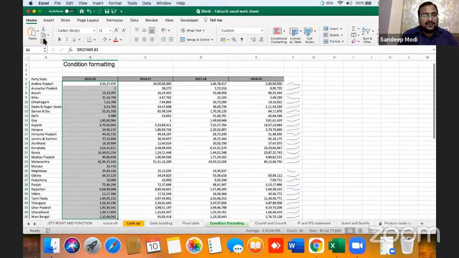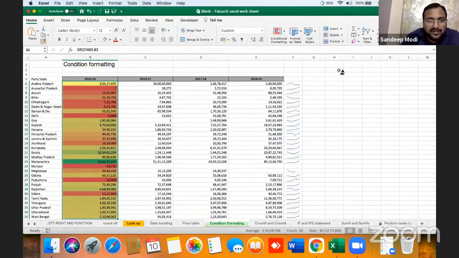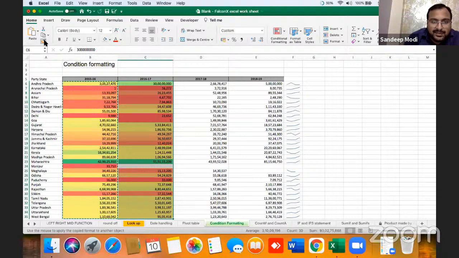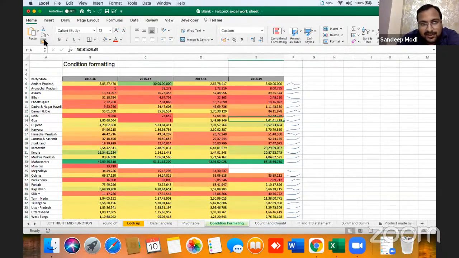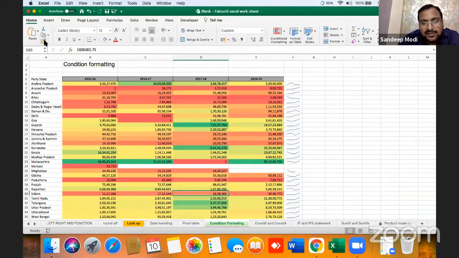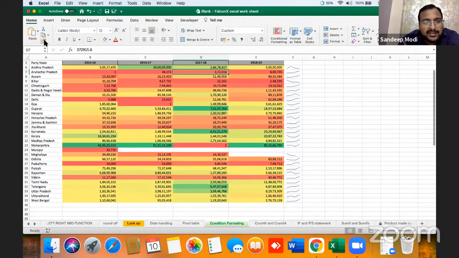Here, I will select the complete column. Go under the head conditional formatting, color scaling, green to red. Now, as you can see in Maharashtra, 15-16 sales were good. In all the 4 years, Maharashtra sales was only great. Now let me change it to 2. So as you can see, we can easily see it's auto dynamic, and here Haryana sales, Gujarat sales was great.